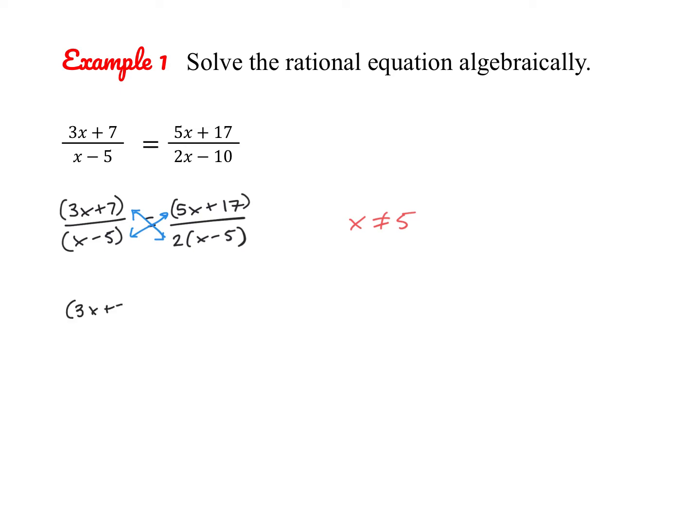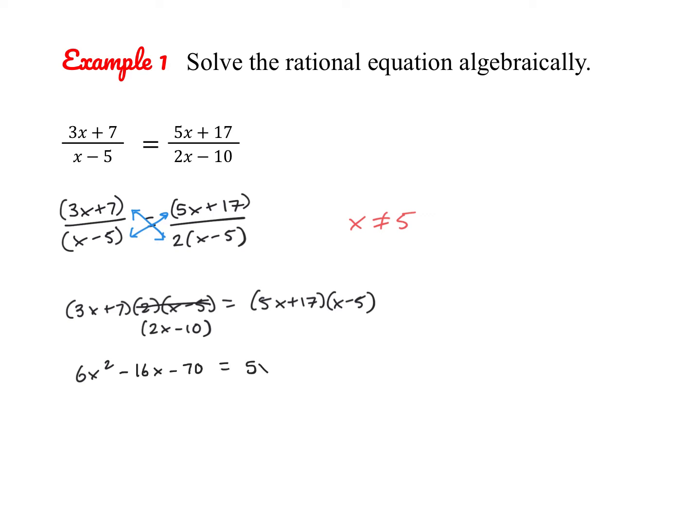So 3x plus 7 times 2 times x minus 5 equals 5x plus 17 times x minus 5. So now you don't have a rational equation, but we may have a quadratic equation. So now we just have to multiply everything out. So I'm going to multiply the 2. I'm going to distribute it here, and then I'm going to multiply these two binomials. So this gives us 6x squared, and then we have minus 30x plus 14x, so minus 16x minus 70, and